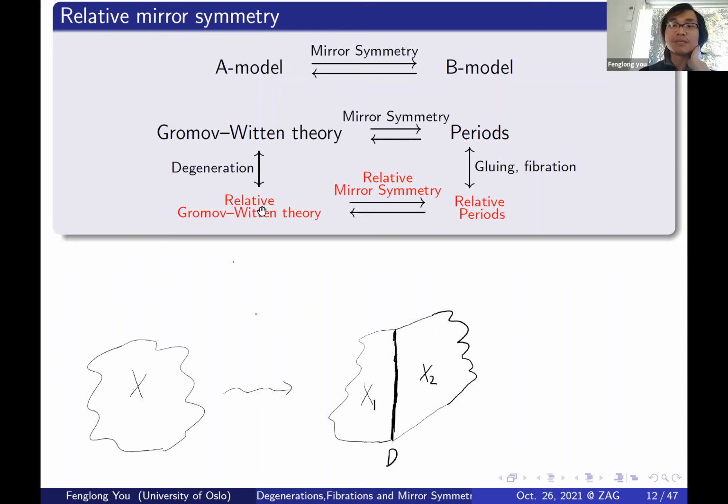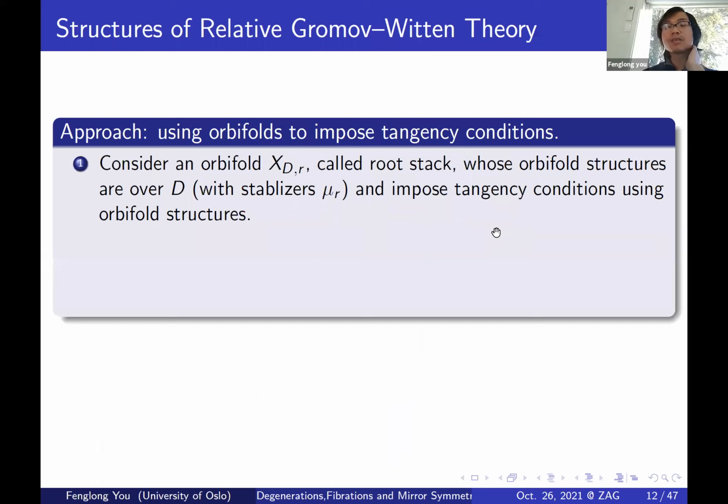And now this horizontal line here is more recent. It's called relative mirror symmetry. That relates relative Gromov-Witten theory with relative periods. To prove the relative mirror symmetry statement, in here, we